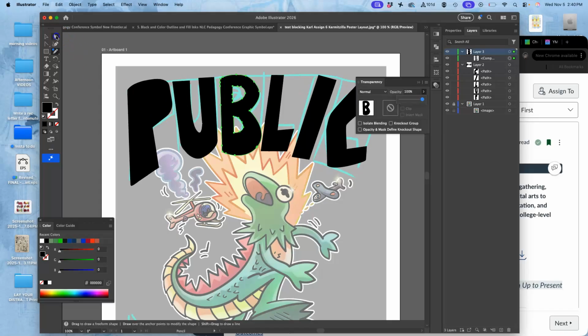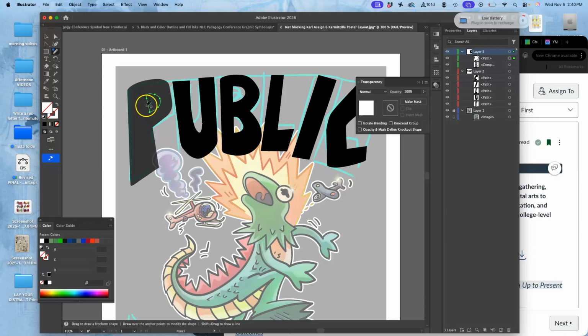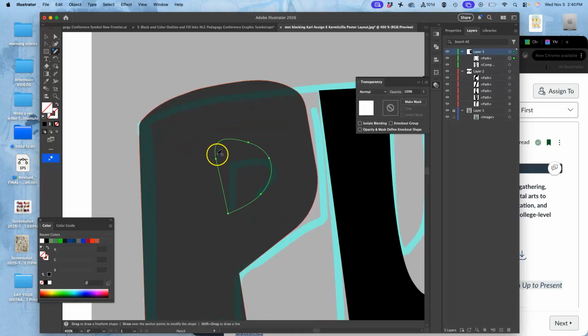Right. Now let's do it for the P just really quickly, because a lot of letter forms have undercuts like that. Take the transparency down so I can see, and then make a new path where I cut that interior shape out. I have smooth on, which can make it so it's not exactly what I want. So I got to start on the path with the pencil tool and end on the path. There we go. And then I'm going to fill it with white